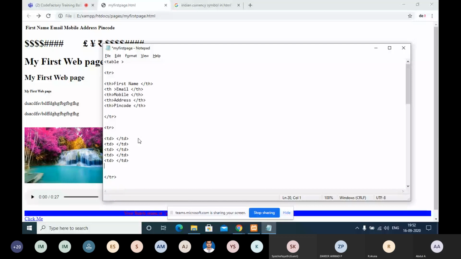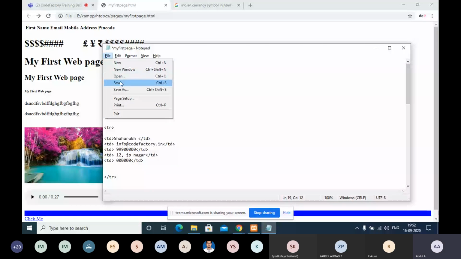Let's say Shahrukh, email ID info at codefactory.in, and then mobile number something 9990000, address something like 12 JP Nagar 4th block, and here the pin code.